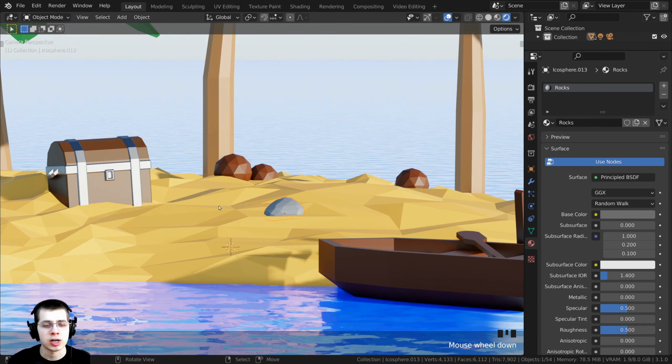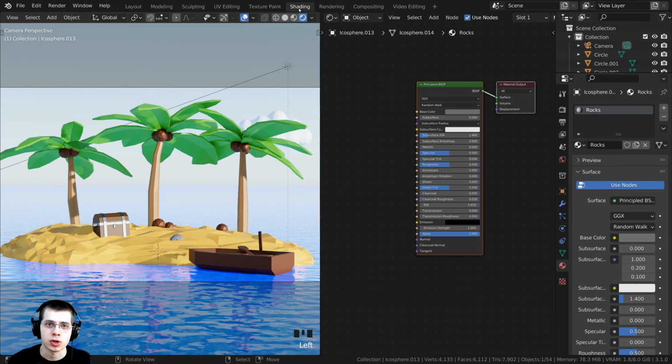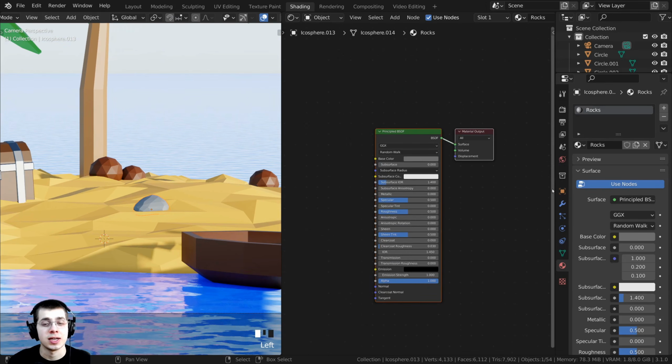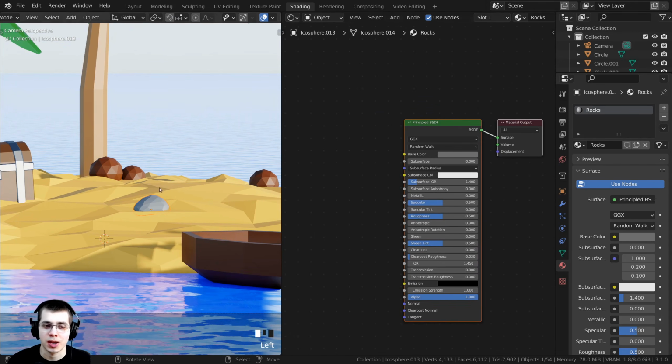Now I want each rock to be a slightly different color, so we're going to be using the shader editor again to do that. So right here on the layout, I'm actually going to go right over here to the shading tab. That's going to go to the shading workspace, and then I can kind of zoom in here over to the rock. Now I can actually add in a node here to tell each rock to be a randomly